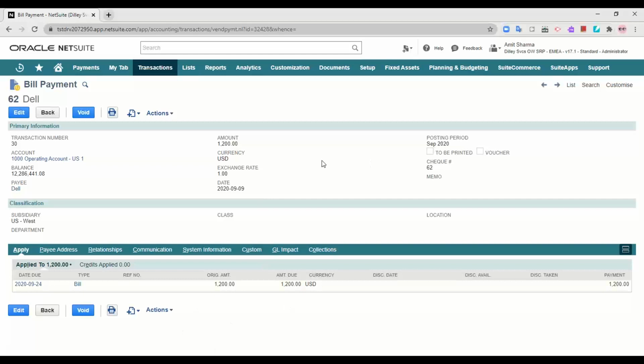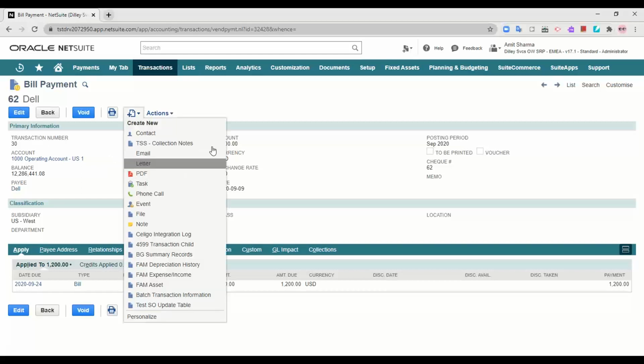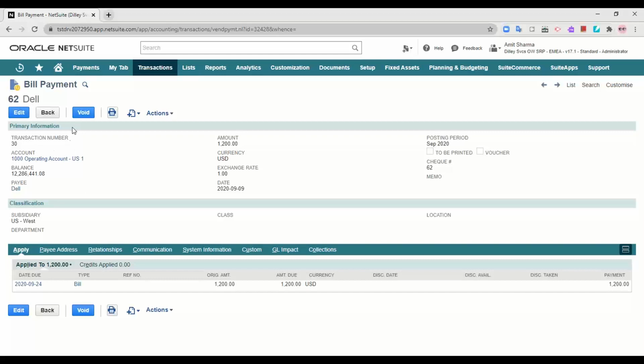Even after making a payment, you can void the bill payment by clicking this void button. If you would like to void a payment of the bill, you can actually void a bill payment. Voiding a bill payment means null and void. When you make a payment null and void, you can create it directly from here into the bill payment option. You can select void, and that particular payment status will be shown as void.